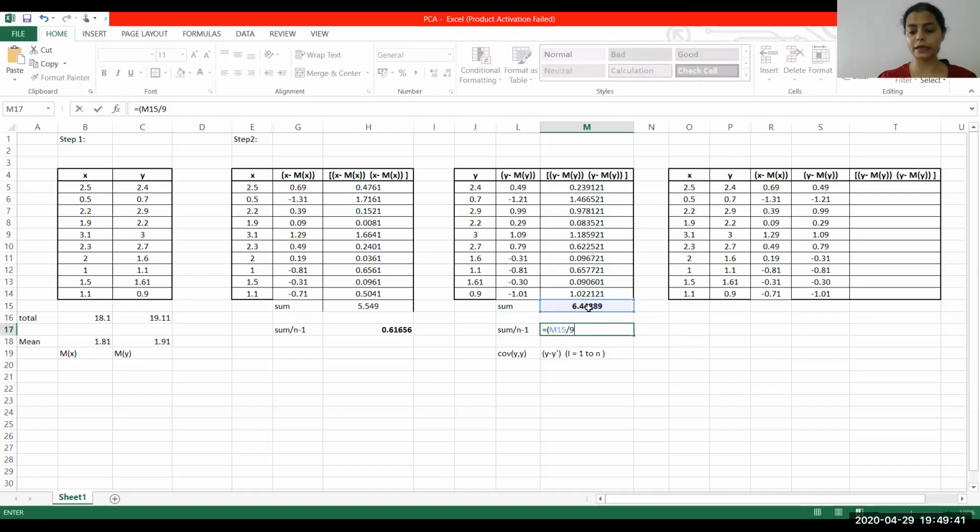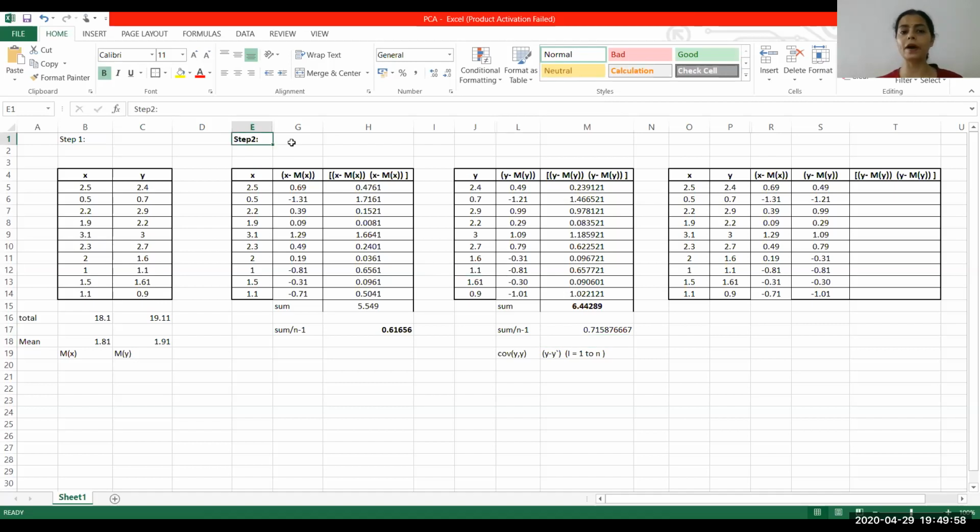To divide that by 9, and this is the result that we get. Now, what have we done so far? We have calculated in the first step the mean of x and the mean of y. As the second step, we were supposed to find the covariance of x comma x, the covariance of y comma y, and the covariance of x comma y and y comma x.